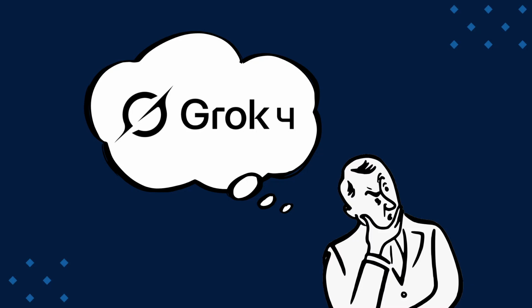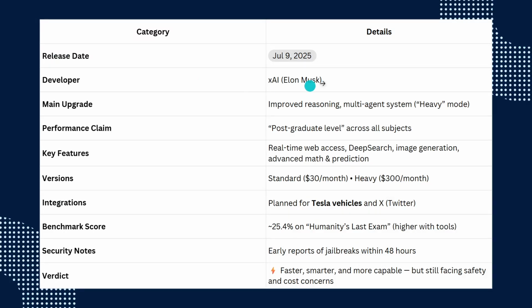In today's video, I'm going to teach you all about the release of Elon Musk's Grok 4. Released on July 9th, 2025, this new development from Musk has created quite a buzz for its advanced capabilities and innovative features. Grok 4 is touted to perform at a postgraduate level across all subjects, surpassing most graduate students in